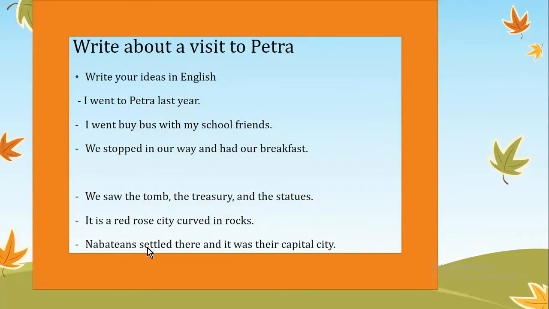How to write about a visit to Petra. Write your ideas in English. As I told you, think in English language, not in Arabic language. Maybe هلا أنا هون عملت مسودة. هاي المسودة احتوت على أفكاري. ممكن هاي المسودة يكون فيها أخطاء إملائية، ممكن يكون فيها أخطاء قواعد، ولكن إحنا عند الكتابة second draft لازم ما